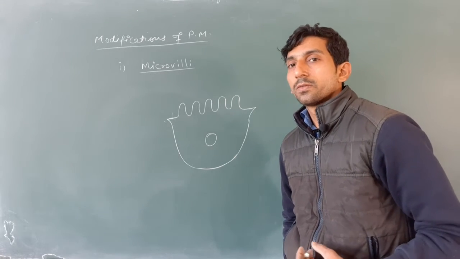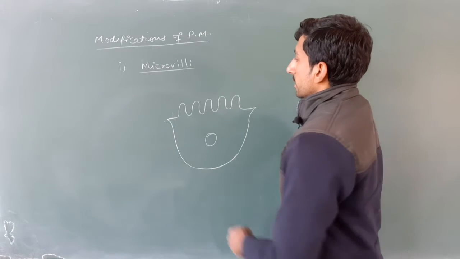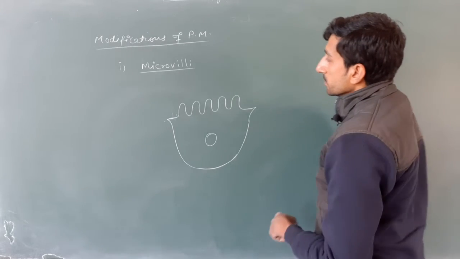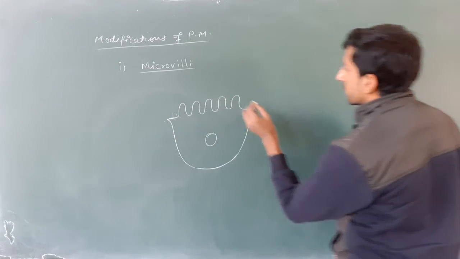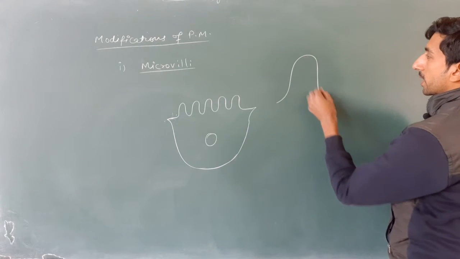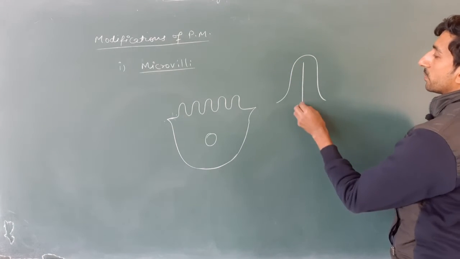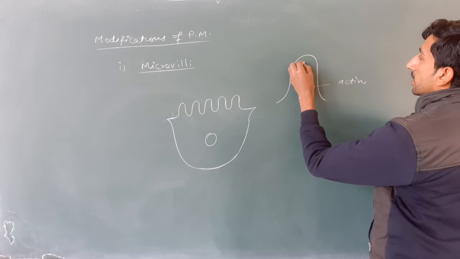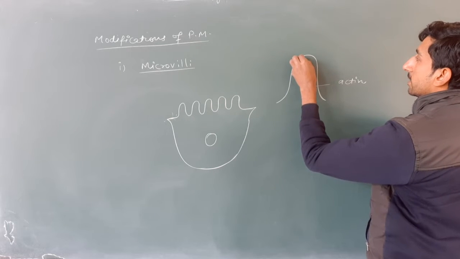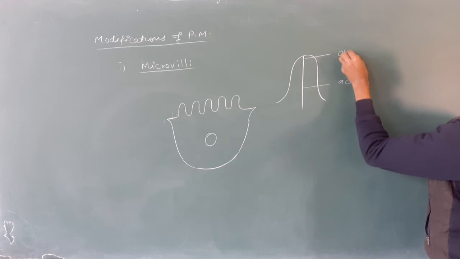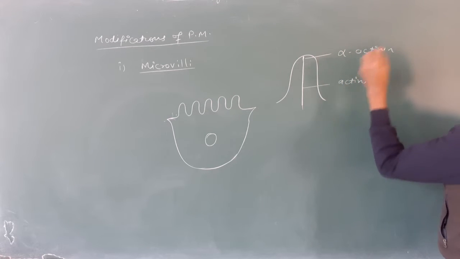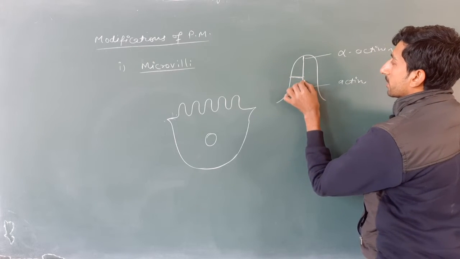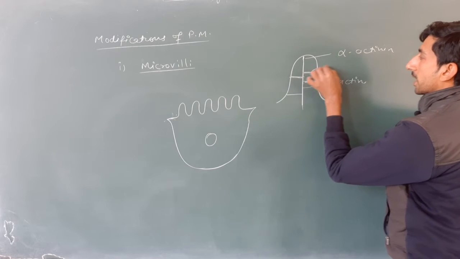mucosa, in the mucosa of the intestine. These increase the surface area for reabsorption or absorption. Microvilli are supported by microfilaments formed of actin, and this actin is attached anteriorly to the microvilli with the help of alpha actinin. This actin is also attached to the plasma membrane with the help of